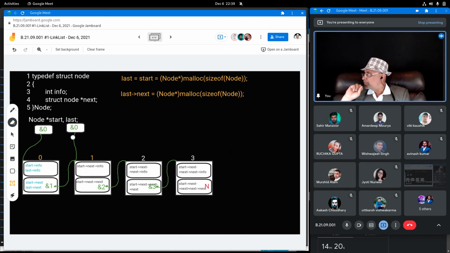उसे डालना है लास्ट में। So you have to pick the address from last points to next, and you have to put the address in last. What is the C statement for this? Try to give me the C statement for this. Hold on, सोचो एक मिनट।